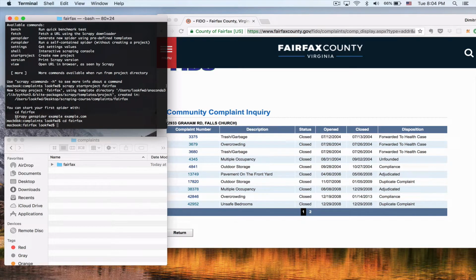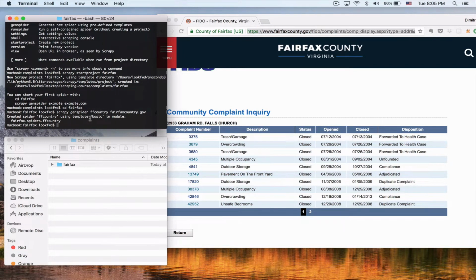It tells us to write scrapy genspider. So then it's the name of the project. Let's name these, let's name it quickly, maybe FF country, something easy, and then the domain we can put fairfaxcountry.gov. Okay, good. So right now I can do scrapy crawl FF country, and now it will run a